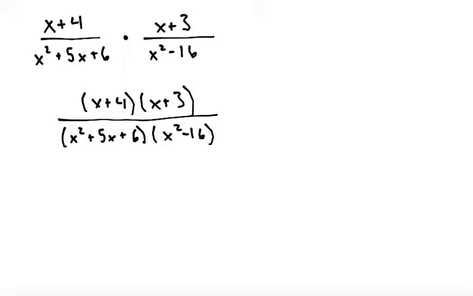Okay, so once we get it just multiplied straight across, we want to see if there's anything we can do to simplify. So the x plus 4 is a linear term. There's no common factor between x and 4, so we can't simplify that. Same thing with x plus 3. But if we